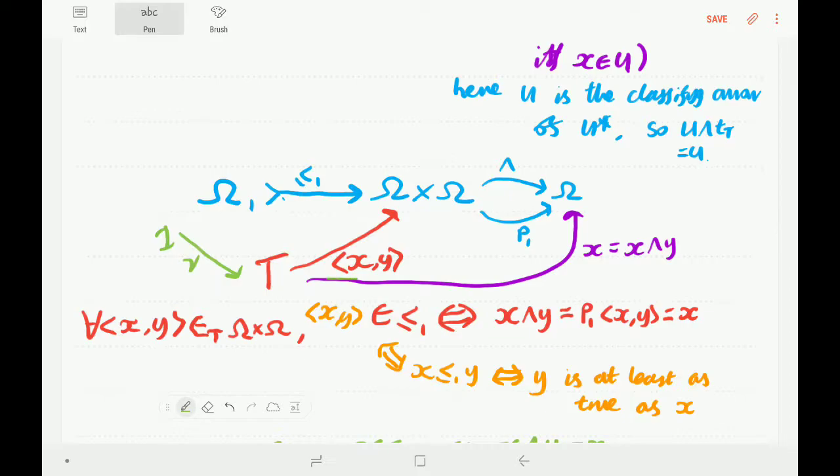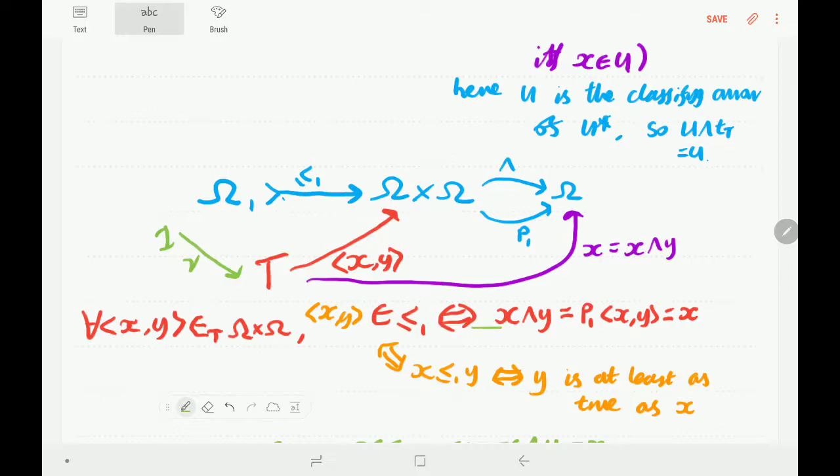So now notice that for any t element x comma y of omega times omega, we have x is in less than or equal to,